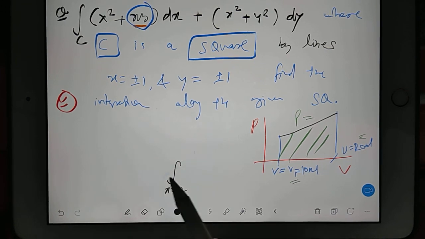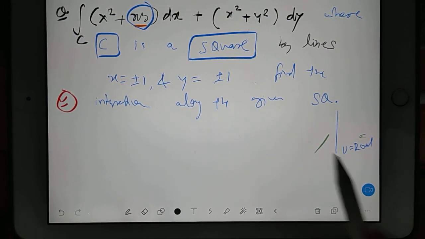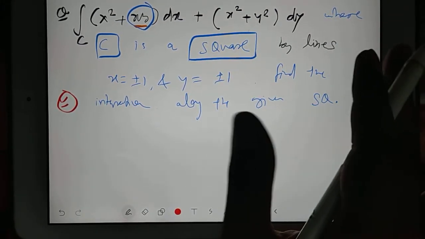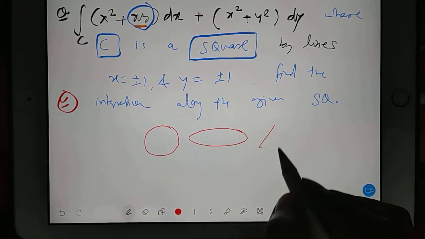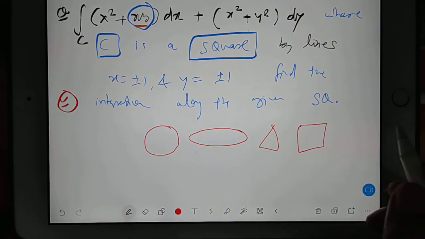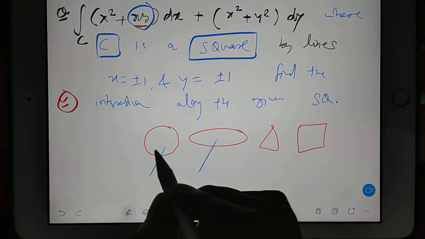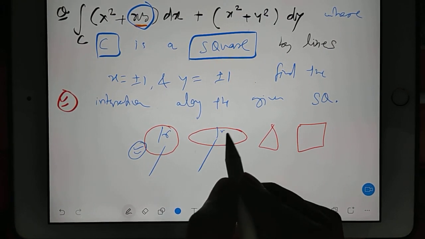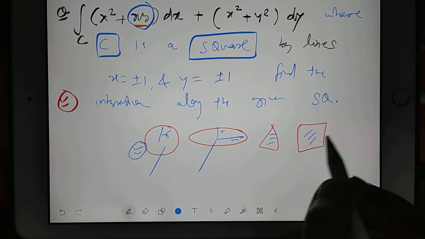Whenever you have a closed curve, there will be a shape of the curve, and the shape is decided by some mathematical equation. Either it will be a circle, an ellipse, a triangle, or some other known shape. These areas are known directly, but to be more specific, we must mention the radius, the minor and major axes, or in the case of a triangle or a square, the sides.